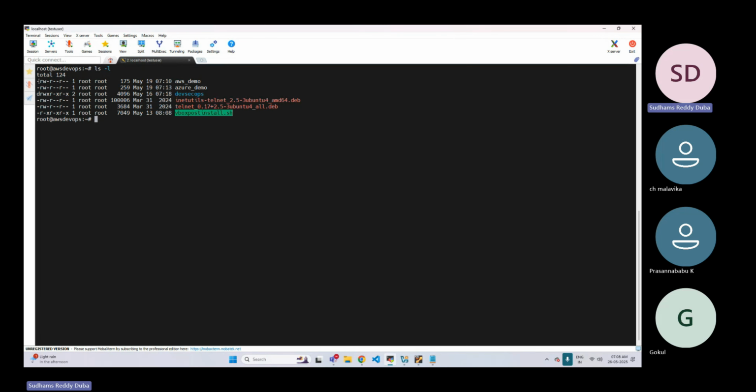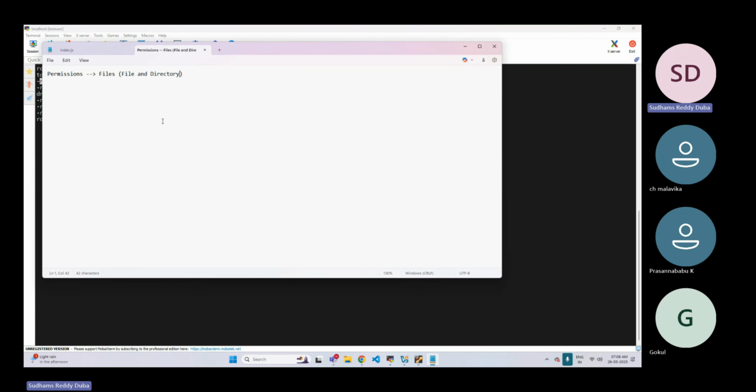If you remove the first column, the rest of the columns you have totally 9. The count is 9. Let me write here. In that 9, you have to divide that into 3 parts. First 3, let us say hyphen, hyphen, hyphen, belongs to user permissions.